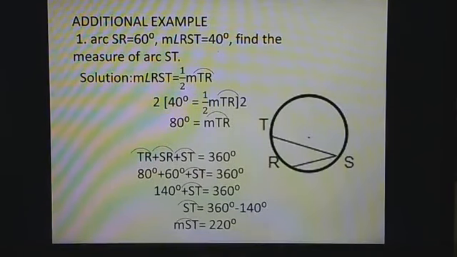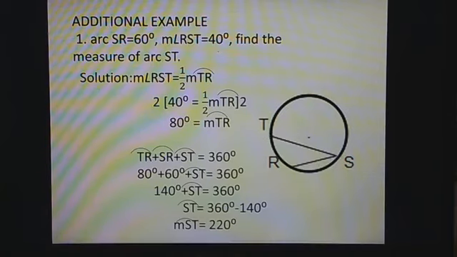Additional example. So if arc SR, this one, is 60 degrees, and angle RST is 40, what is the measure of arc ST? The major arc. So you're going to find the measure of the major arc. If this one is 60, we apply theorem number 1. The measure of the inscribed angle RST is 1/2 of the measure of its intercepted arc